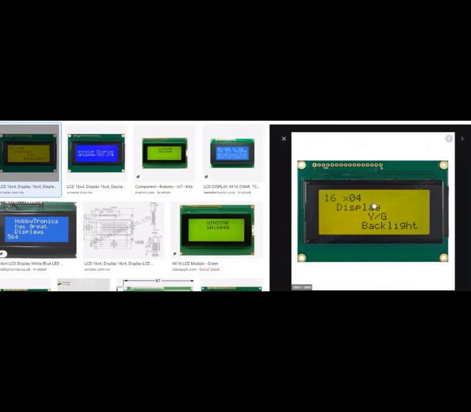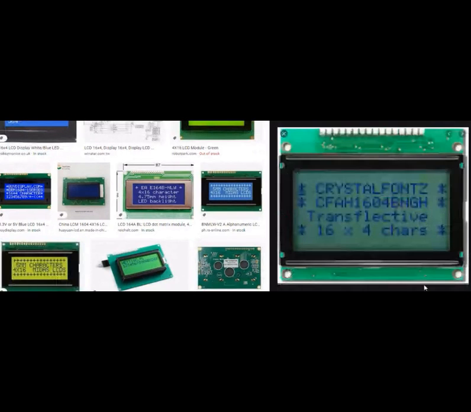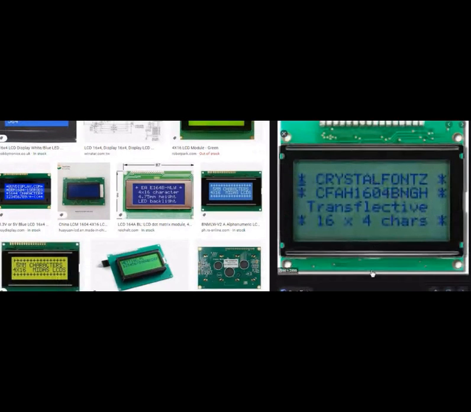You can make the cursor on, cursor off, blinking cursor. So whatever you do on the computer monitor, you can do here, but not exactly the same way. You can do the same applications at a very small level. You see here plus, you can display. See here, you can display here. So these things are possible by using the LCD display.